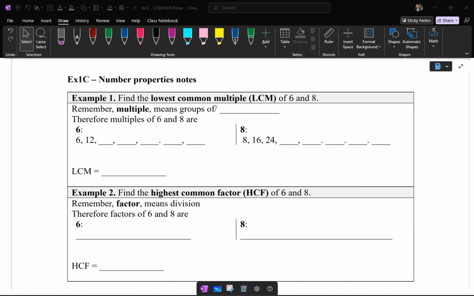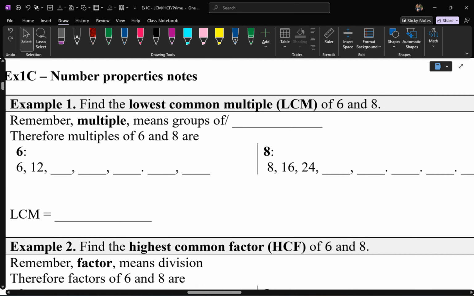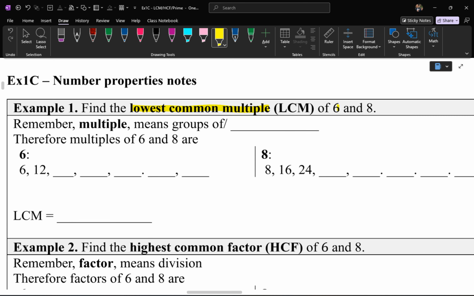All right, Ex1C is getting you to revise what LCMs and HCFs are. So let's fill this in. It says here, find the lowest common multiple, which stands for LCM, or LCM stands for lowest common multiple, of 6